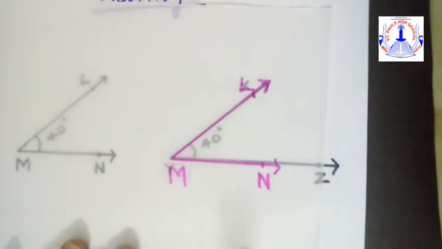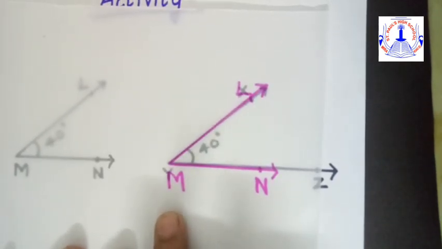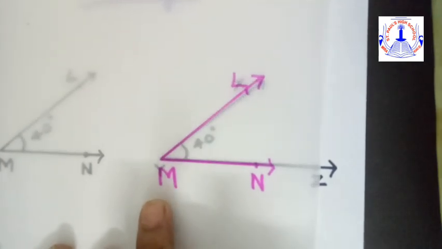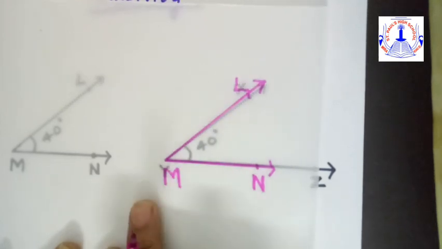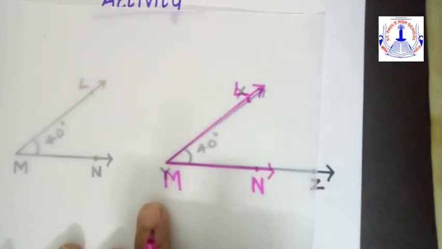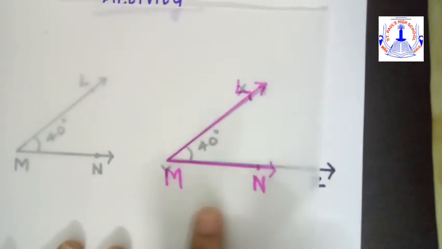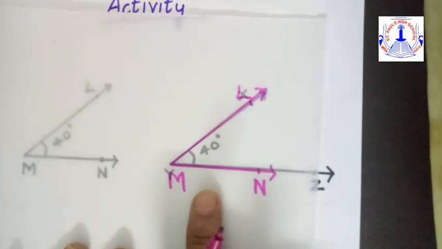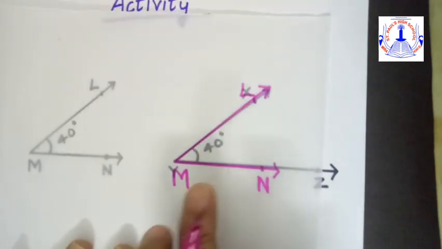Observe that if the point M is placed on Y. Now here you can see that exactly the point M is placed on Y and the ray MN on the ray YZ. The length of the arms of the angle, if it is shorter or longer, it does not make any difference. Only the measurement is given here, 40 degrees. We can infer that the angles of equal measure are congruent.